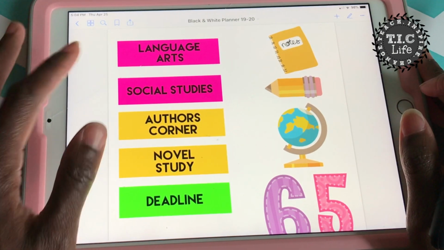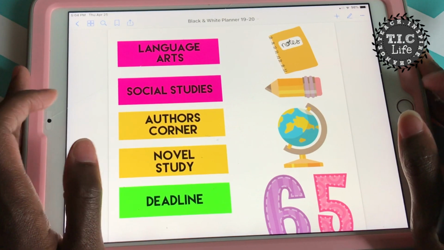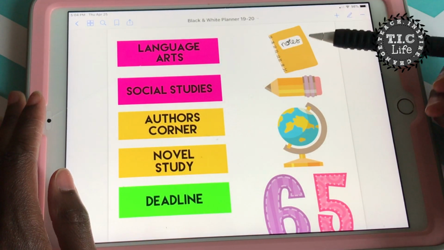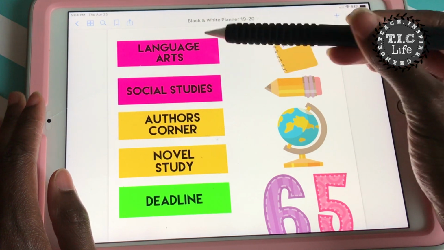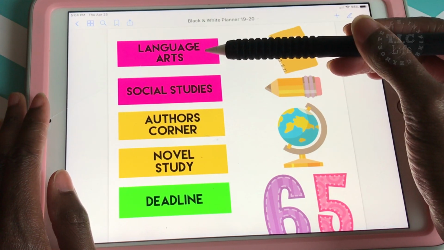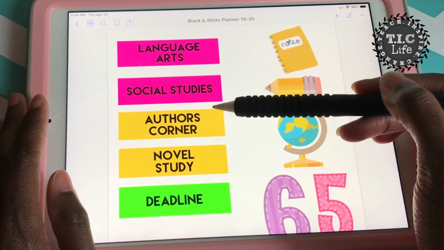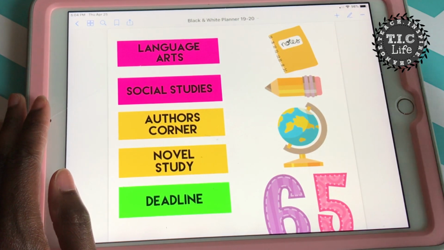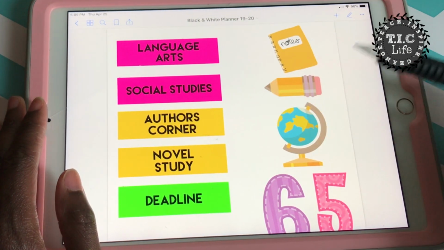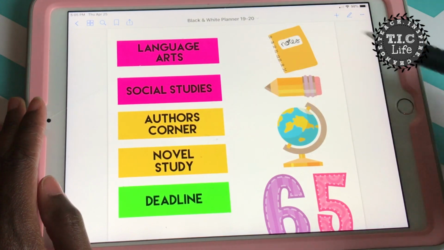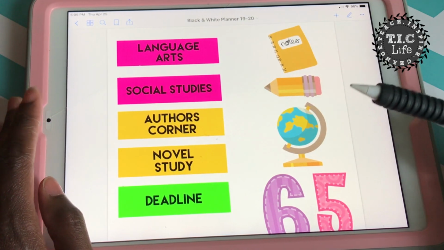So I created little boxes that I wanted to use in my weekly planning sheet. And I have language arts and social studies because those are the two content areas I'll be teaching next year. Something that's really big for writing is my author's corner. So if I'm planning out the writing prompt, I want to put that underneath there. And then novel study, I can always put the book and then what pages and what questions I want to ask during class